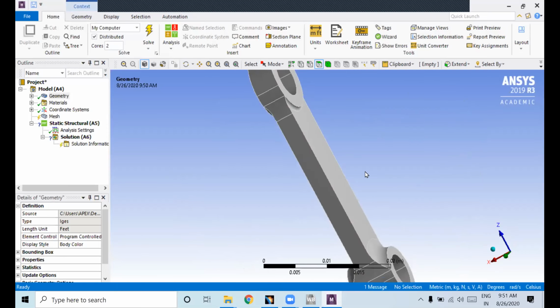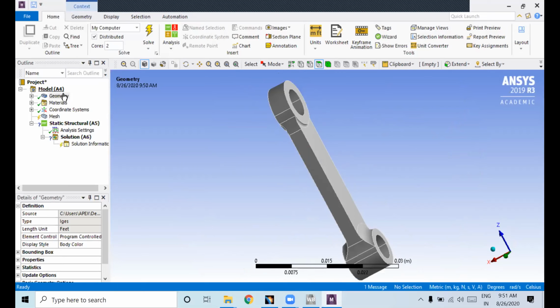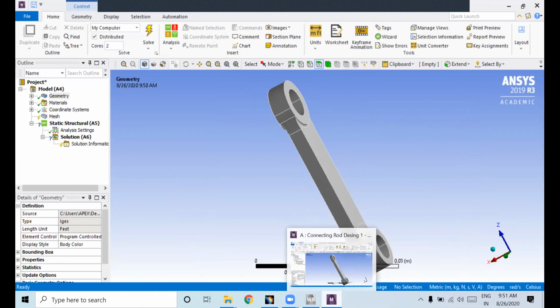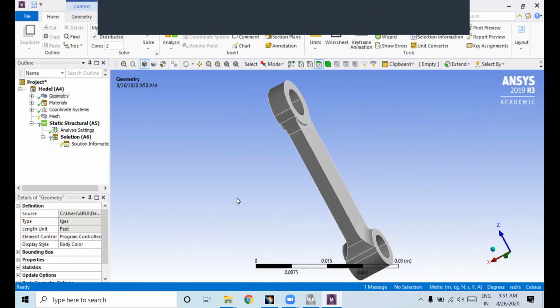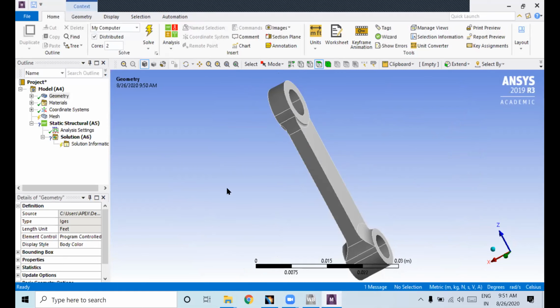Now you just observe here we have many things. This is the mechanical model in Workbench. As we have assigned 3 materials, if you are using multiple materials, you can solve in a single workspace. This is a workspace.